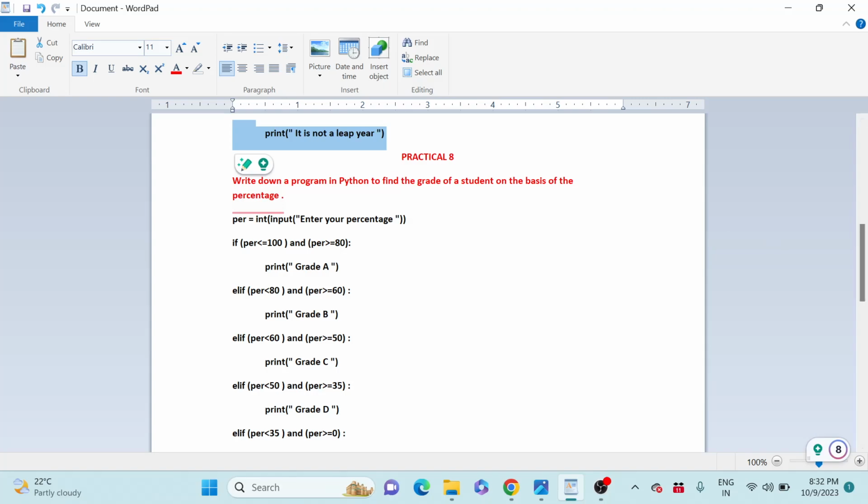Students, for this we will read the percentage of the student by using the input function, and we will store this in a variable PER. Now here we have taken the condition that if the percentage is between 80 and 100, both inclusive, in that case it will be grade A, and if it is greater than 60 and less than 80, then it